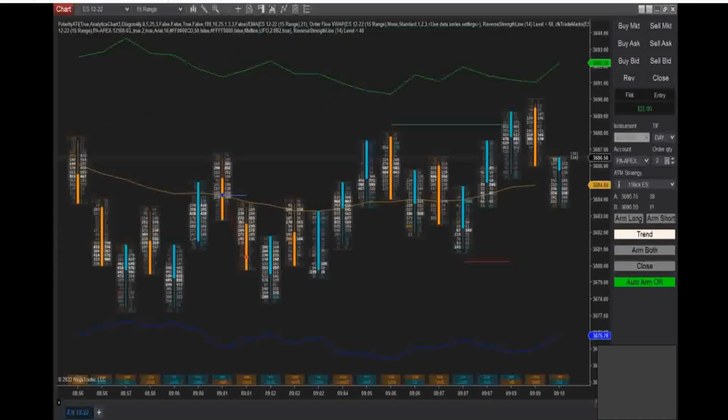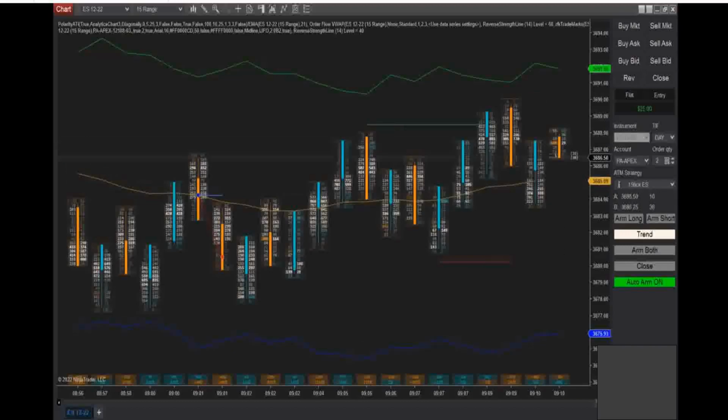So here's the next trade that took place, and this time I wanted to just click on auto arm on. I had to take a step back and take a break so I don't get tilted, because I've learned that if I do, I can get myself in trouble. So at this point the delta did not look really consistent, but one thing I noticed